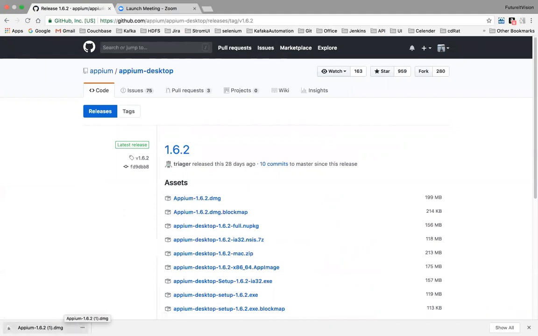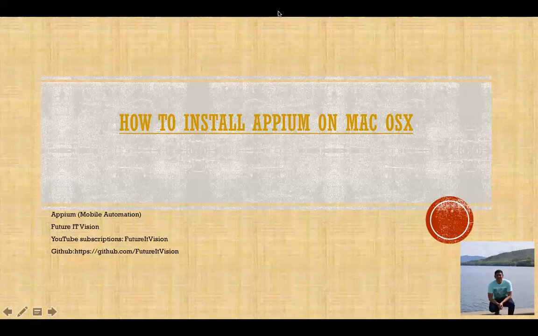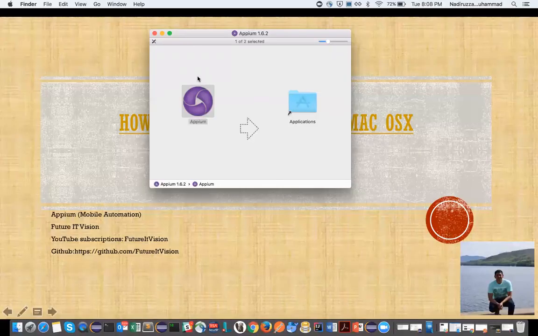If I double click it, it's opening. Appium is a tool supporting mobile testing. You need it. When it's done, just drag and drop it to the Applications folder, and when you drag it in the Applications folder, you will see the application page,